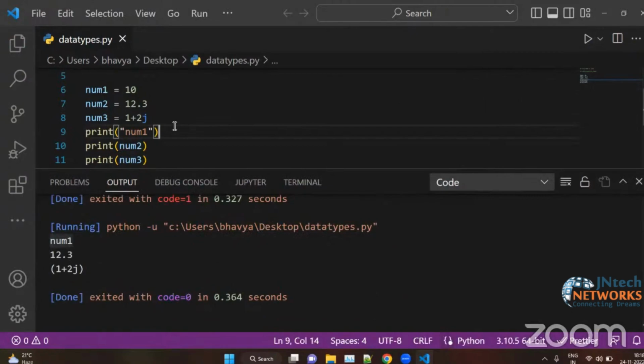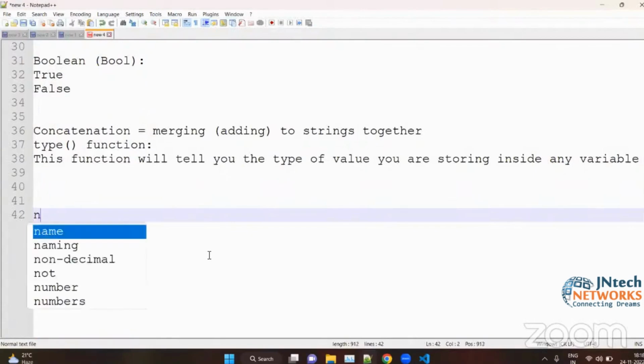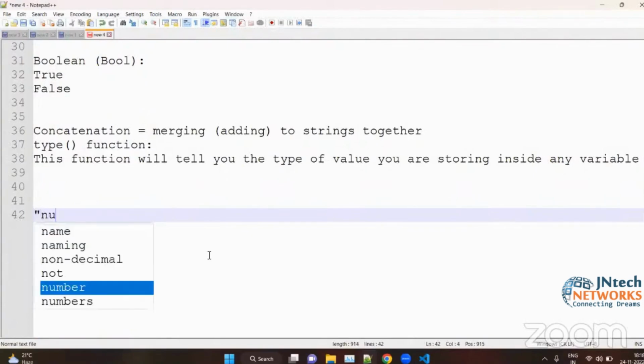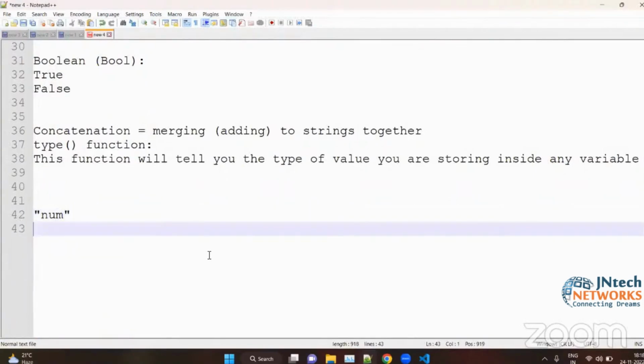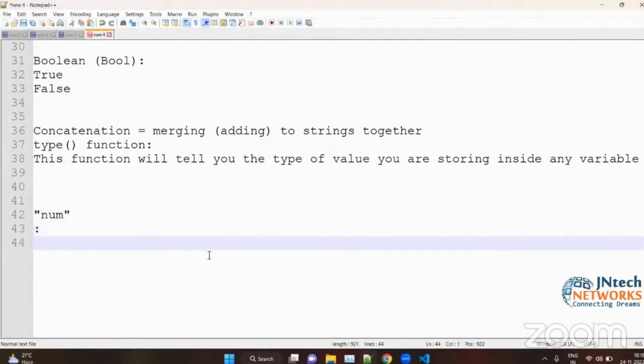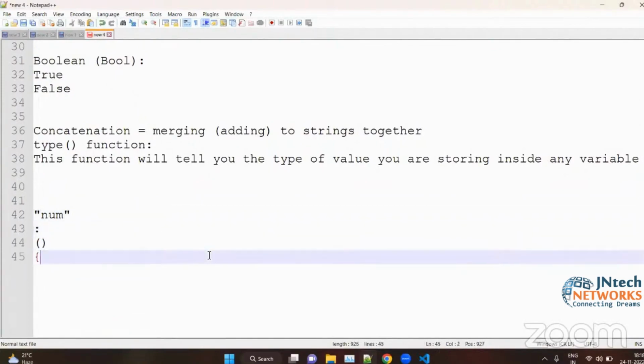Okay, so this is how you have to do this. Now basically, here we have quotations, and we have to use double quotation only. Like we will use colon, parenthesis, and curly braces in the functions, etc., in the loops. But why are we using these colons, parentheses, round brackets, curly braces, or the